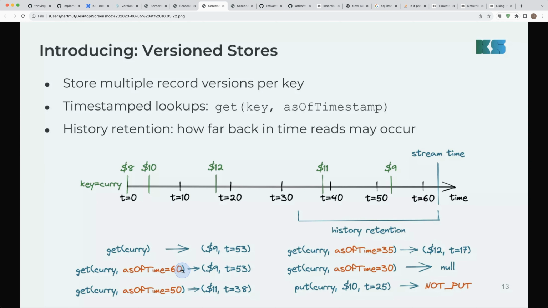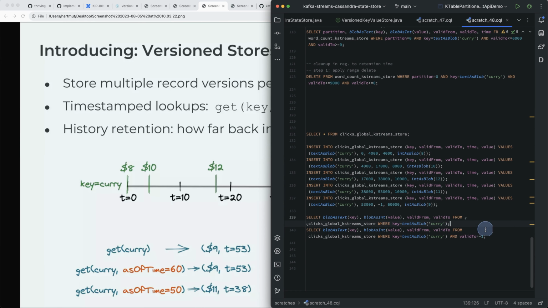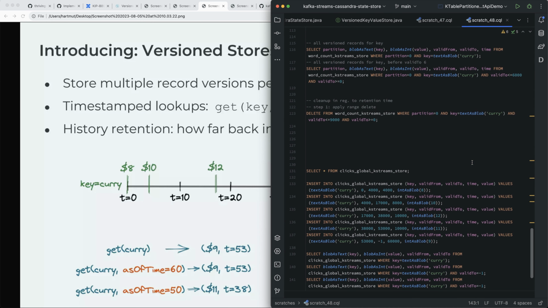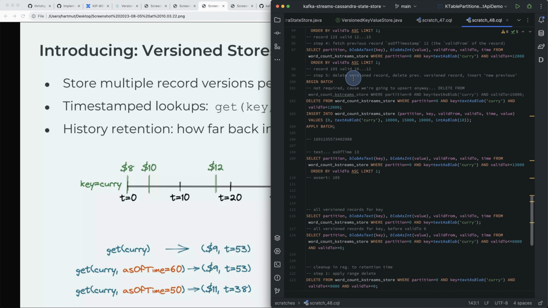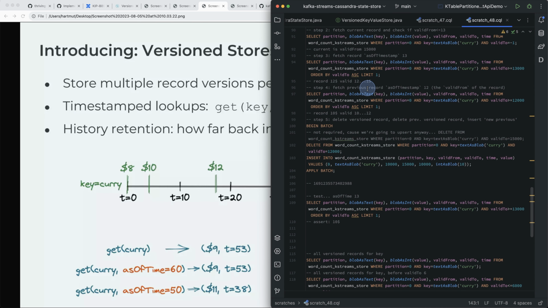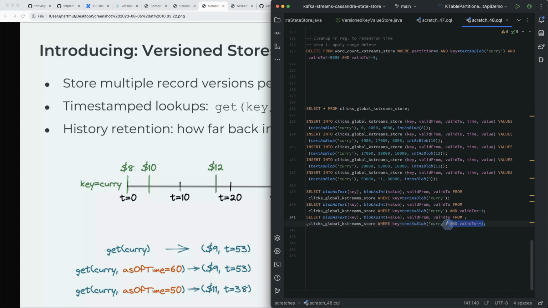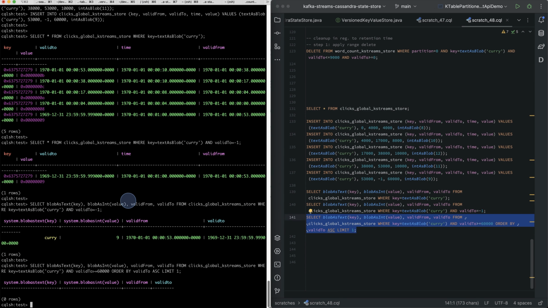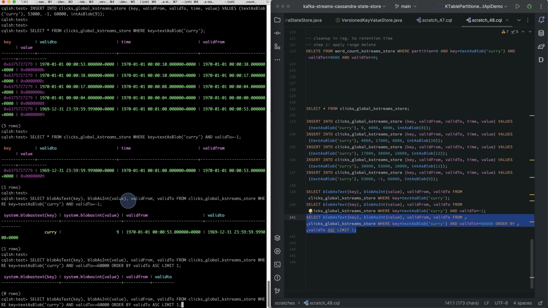Then we have as of time 60, we would have the same query valid to, what did we use usually for exact lookup? This should be correct at valid to 60. Order by valid to ascending, limit 1. So here, we should get,